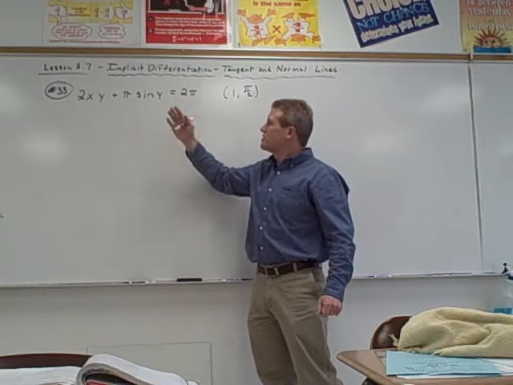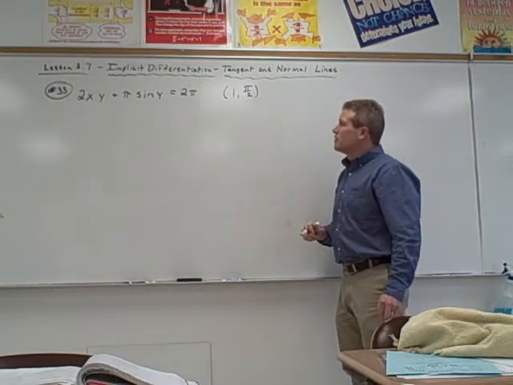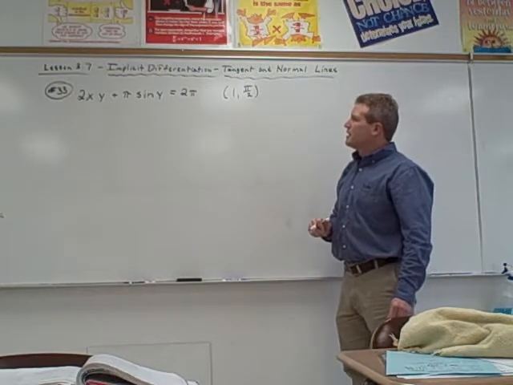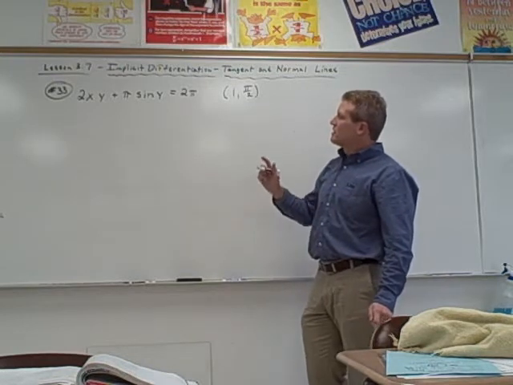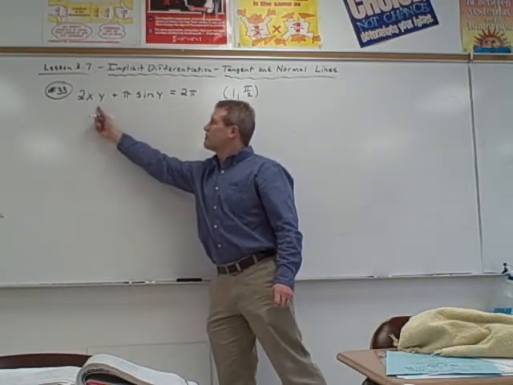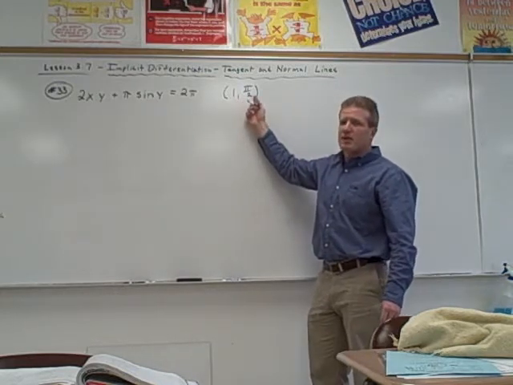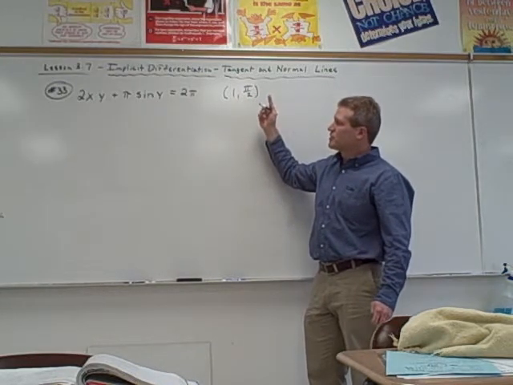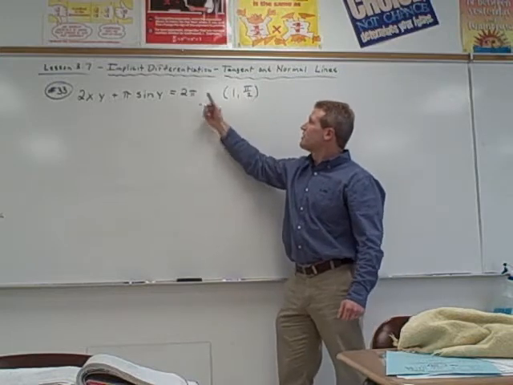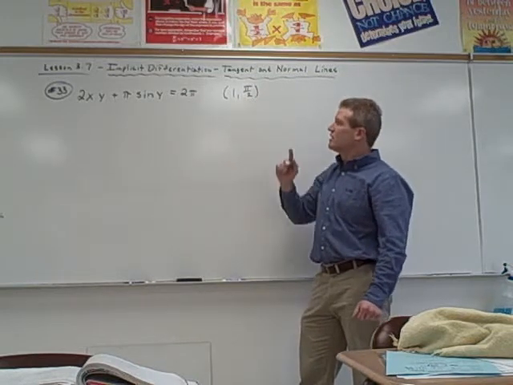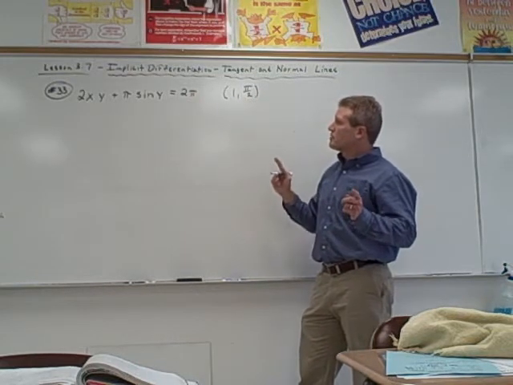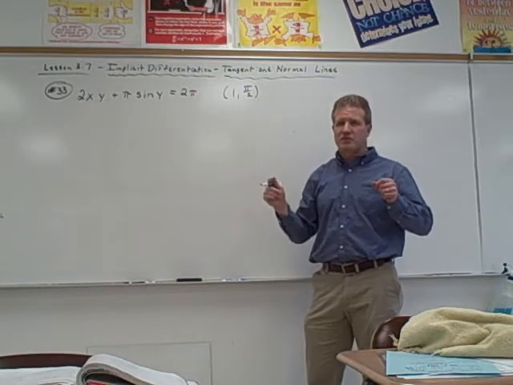We've got some trig functions in here, and we're going to have to use implicit differentiation. We want to try to find the equation that's tangent to this curve. We want to find the equation of a line that's tangent to this curve at the point (1, pi halves). And then we're also going to find the equation of a line that's normal to this curve at (1, pi halves). So we have to start by doing the derivative